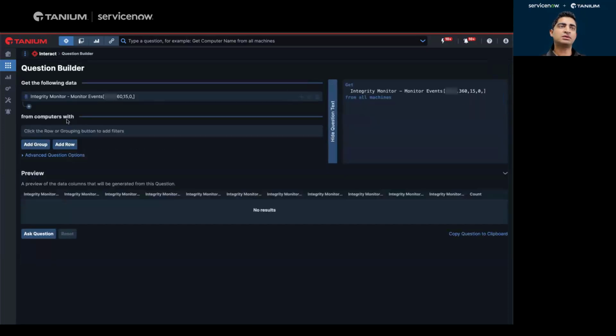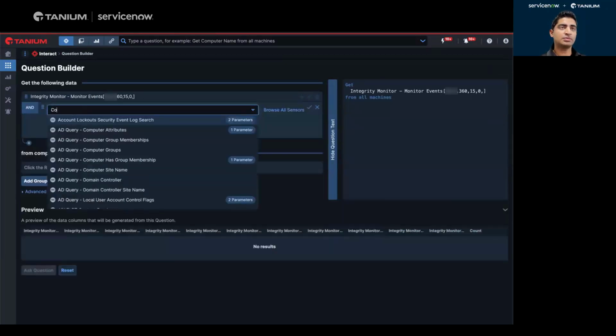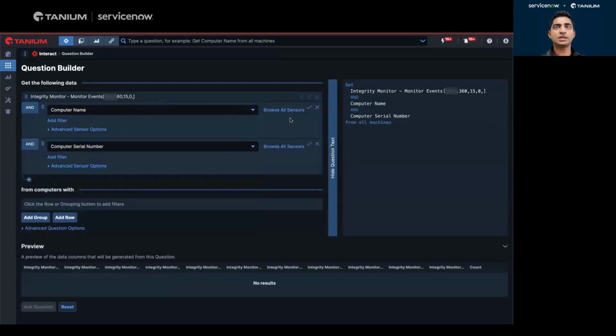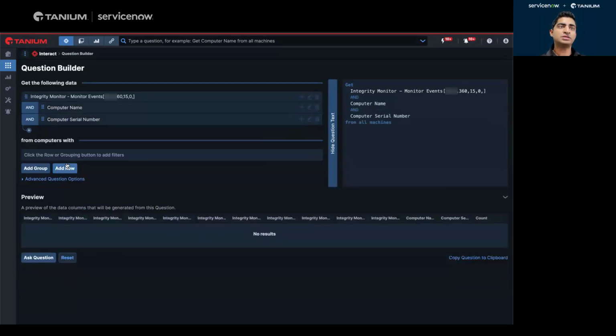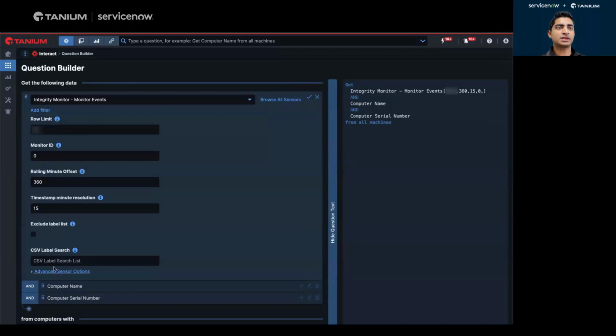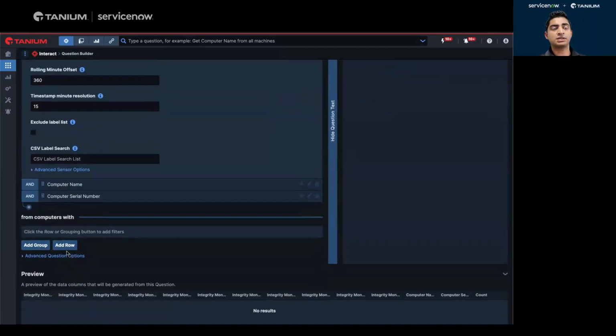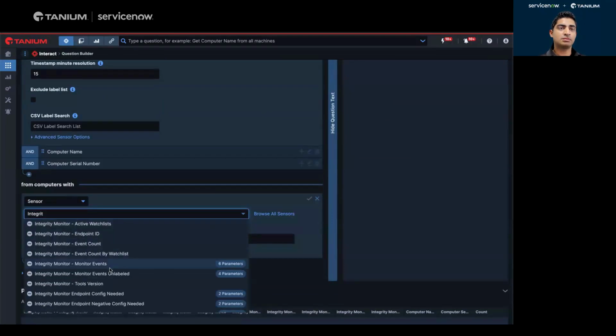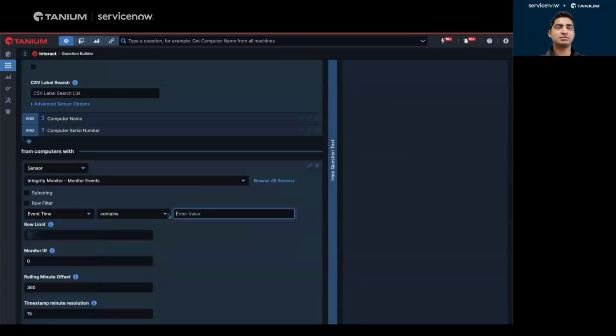And I go to copy my copy, and then you follow those instructions to basically say, okay, with this, I also want to have computer name, and also want to have computer serial number. And then, as we go into specific things around filtering, you could do things like exclusions of the event time, for example, right? So if I said, okay, well, monitor events, event time does not contain NA on Tanium client